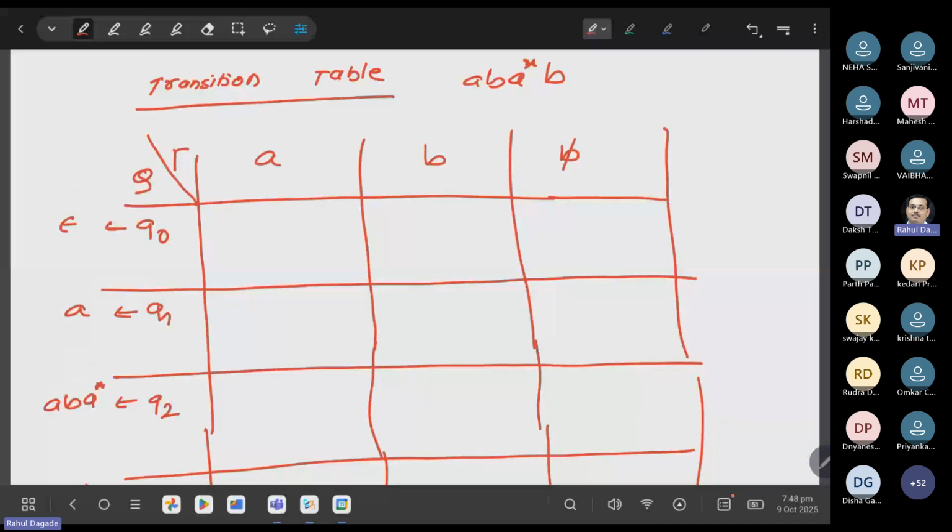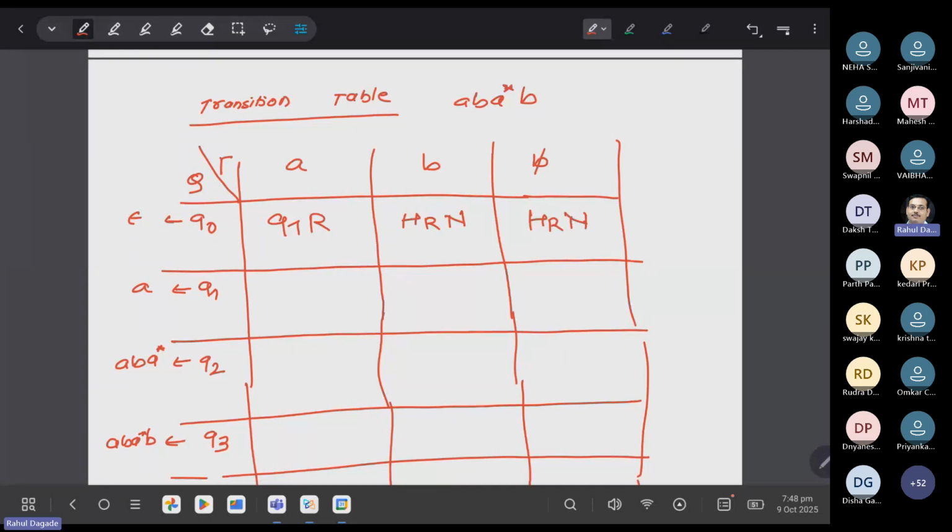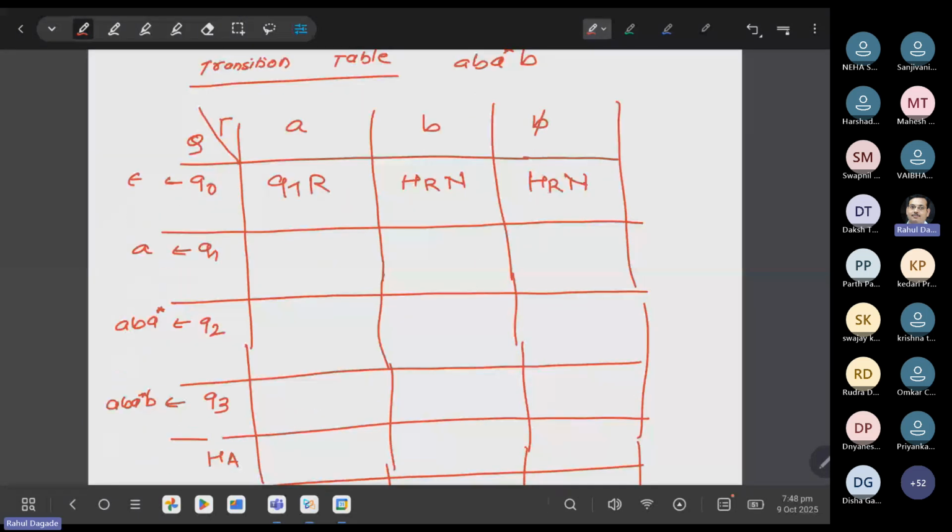तो अभी Q0 में अगर मुझे A मिला तो मुझे कहाँ जाना है? Q1 स्टेट में जाना है. और राइट, B मिला मतलब मुझे रिजेक्ट कर देना है, HRN, और ब्लैंक मिला तो मुझे रिजेक्ट कर देना है. Q1 स्टेट में मुझे B मिला तो मुझे Q2 को जाना है राइट में, और A मिला तो मुझे रिजेक्ट कर देना है